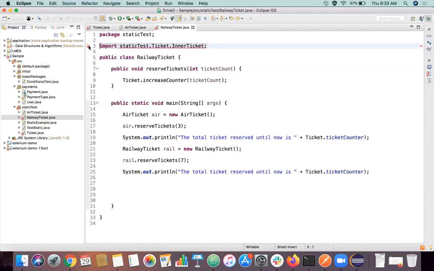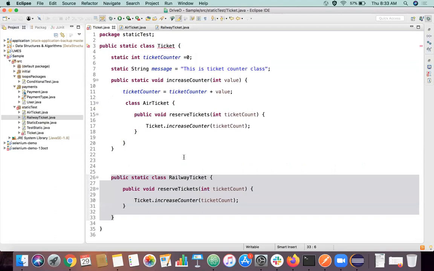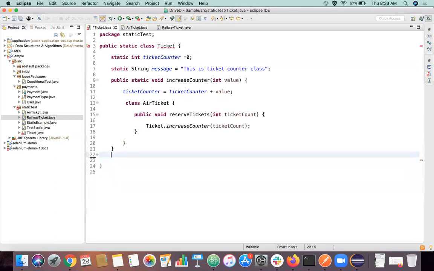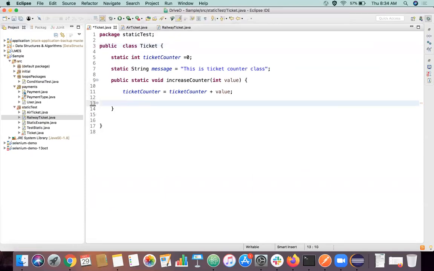I think those are the overall points of static. If everyone is good, then we can move to what is final.